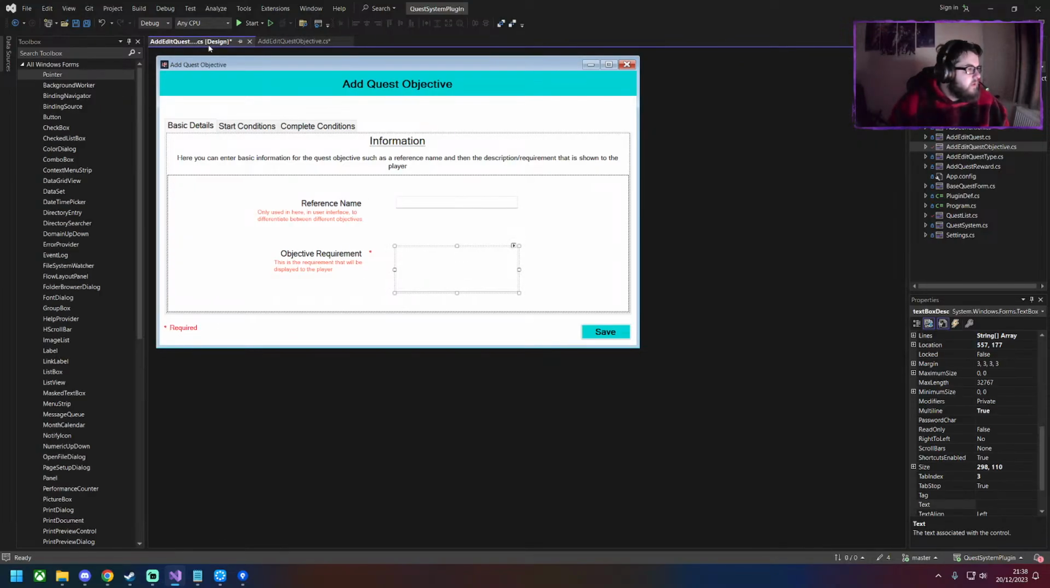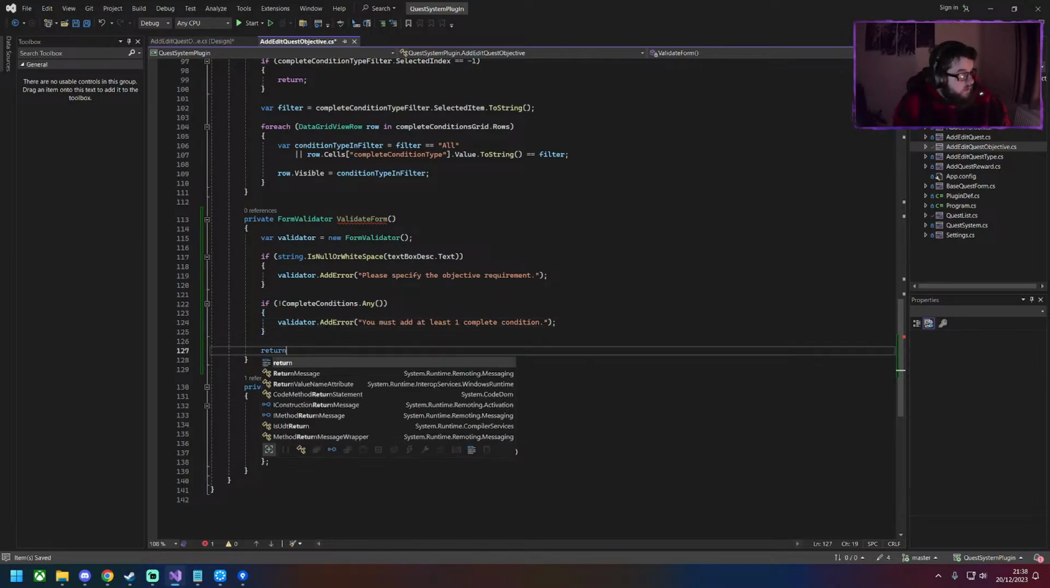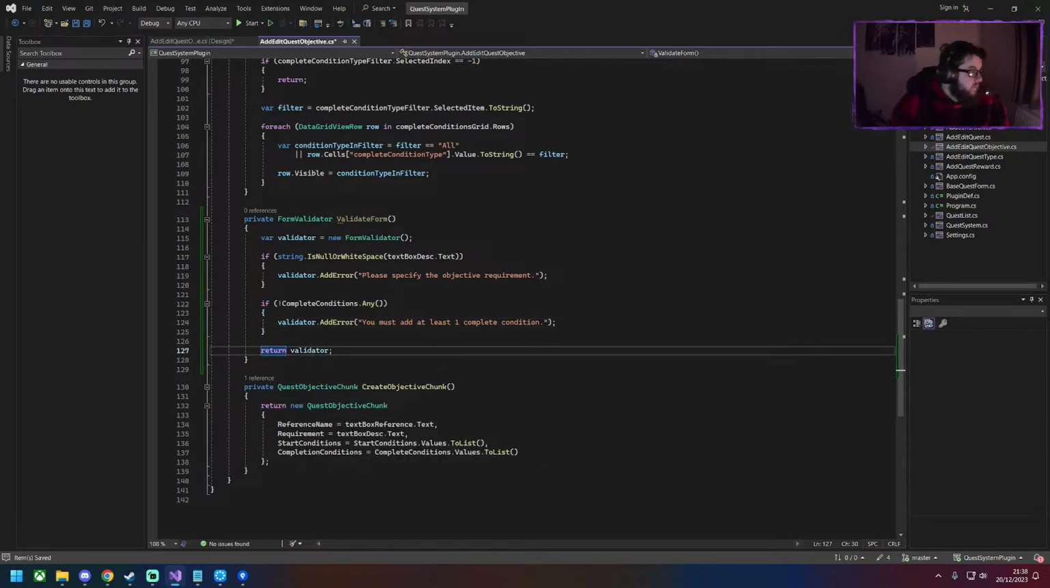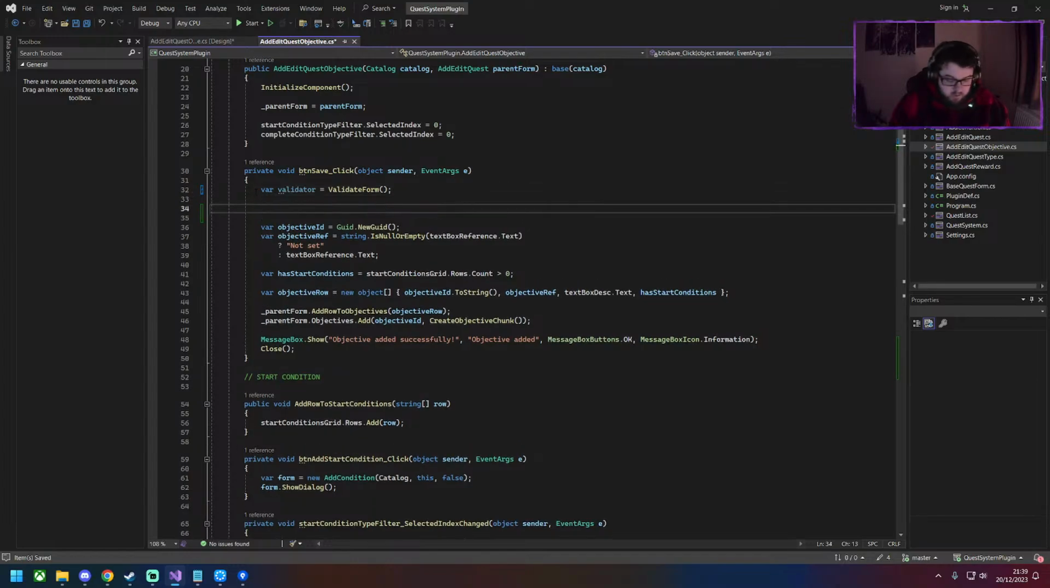Is it? Do we call it complete? Yeah, we call it a complete condition. I have been adding full stops to these in other places, so let's make sure we're consistent. And then we return the validator. And now all we need to do here is say validator equals validate form. That's going to perform some validation. Going to give me the validator, and as part of the validator class that I created, I can